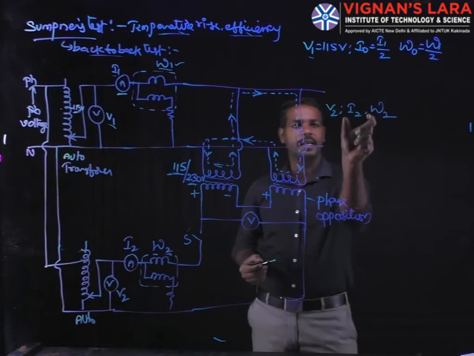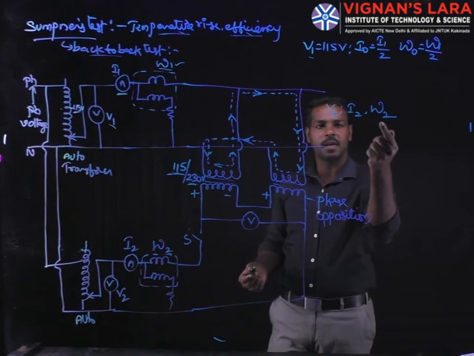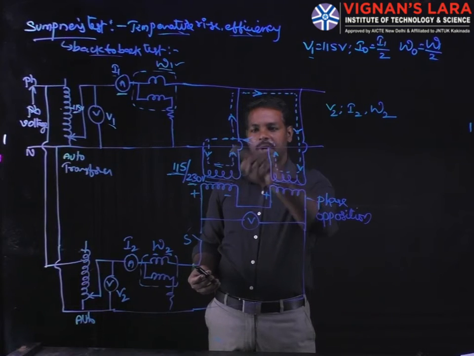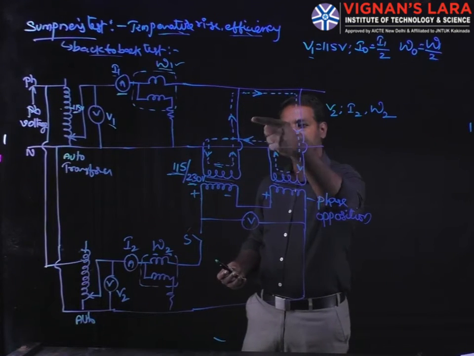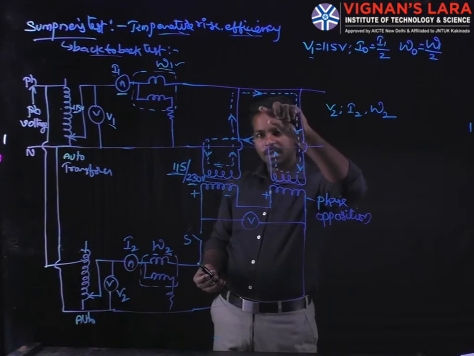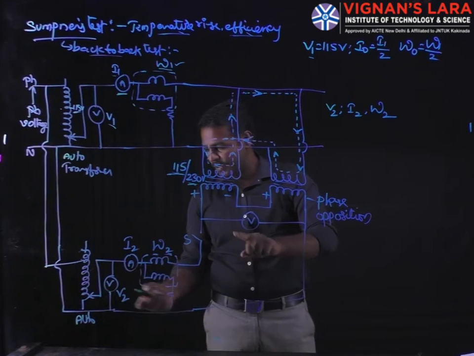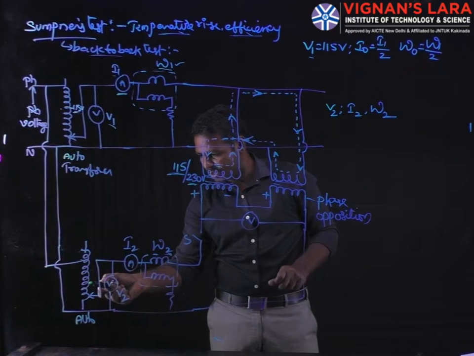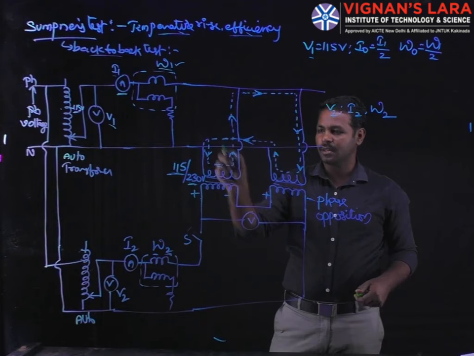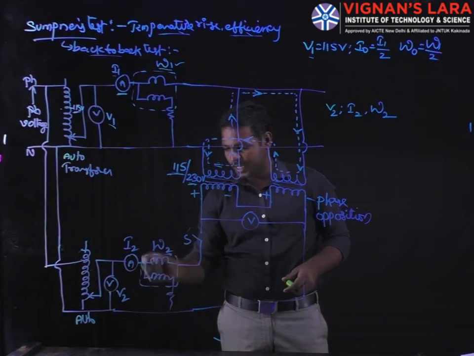So again, we are getting three parameters. One is V2. How do we get these three parameters? Because the switch is closed, the two LV windings are short circuited. So full load current flows through the LV winding by applying voltage to the HV winding. A small amount of voltage is applied to the transformer, and the corresponding full load current flows through the LV winding. That much copper loss is measured by W2.